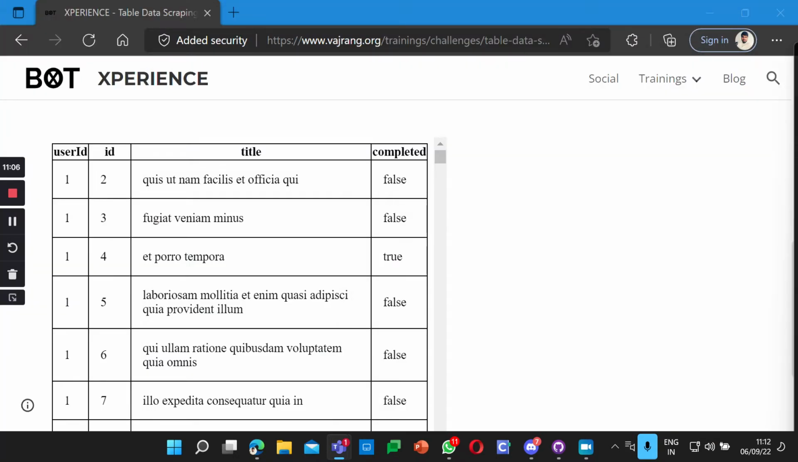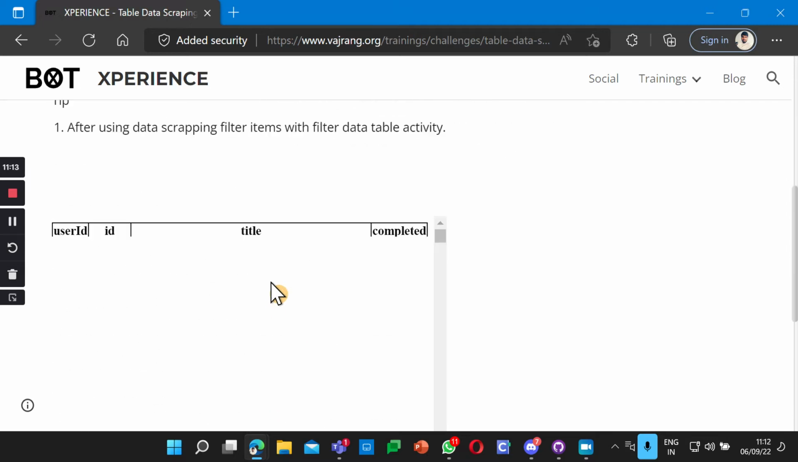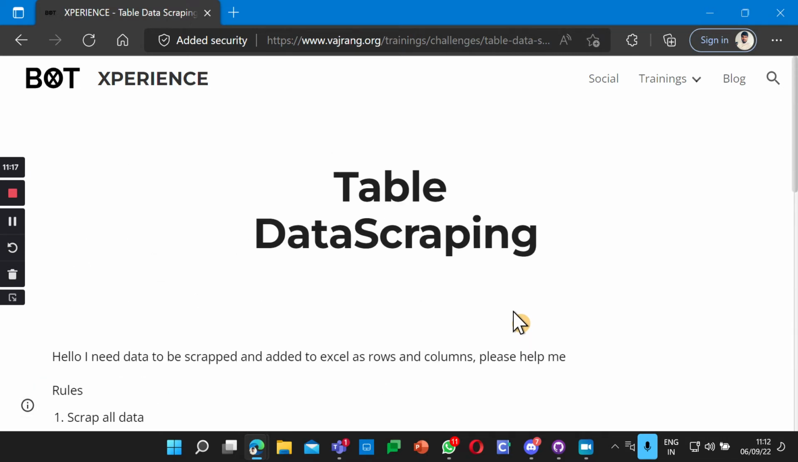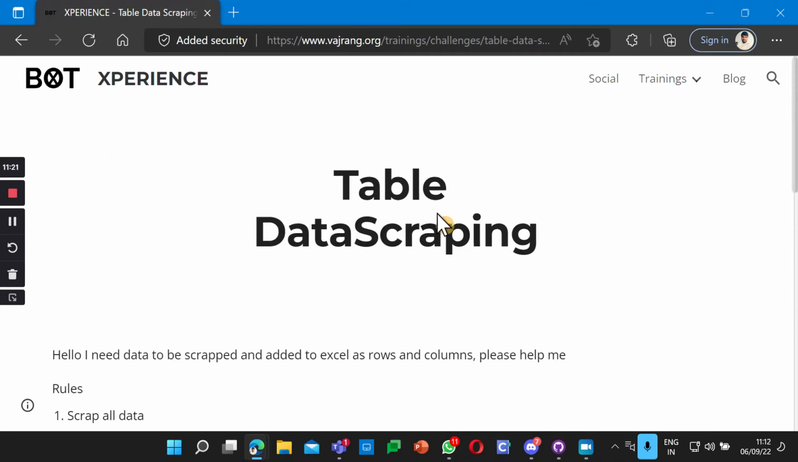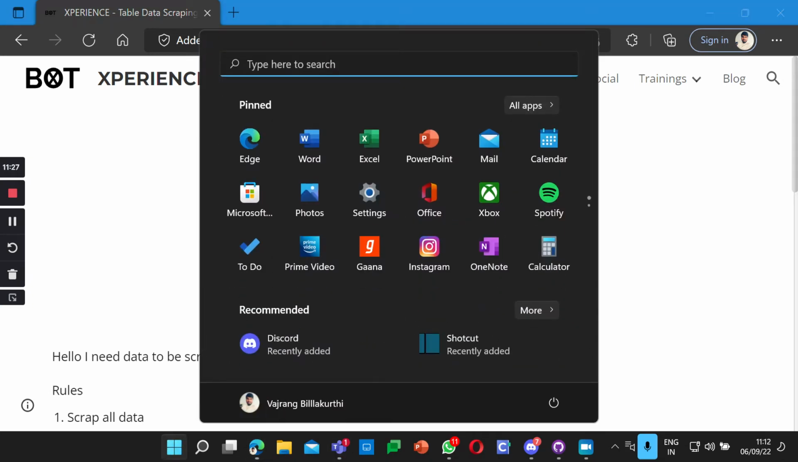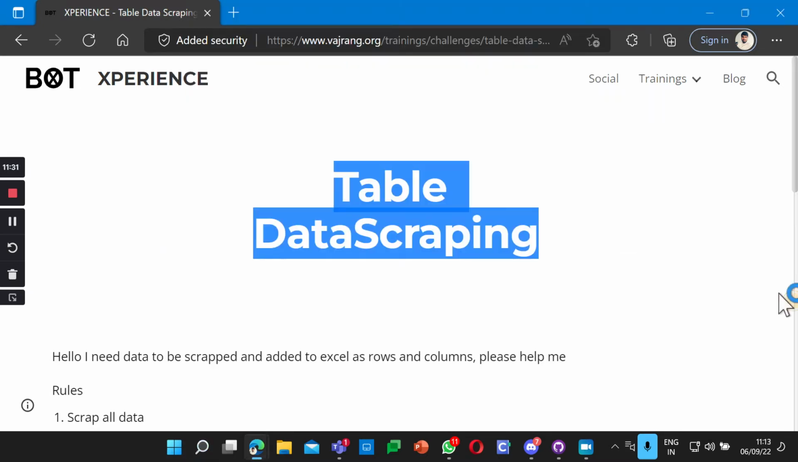It's not pipe delimited, right? Which website are you seeing? This is not pipe delimited. This is a data table. I opened the data scraping challenge, right? Table scraping, I opened it in table data scraping. Okay. Advanced data scraping, I have checked. Okay, advanced data scraping is different. Anyway,